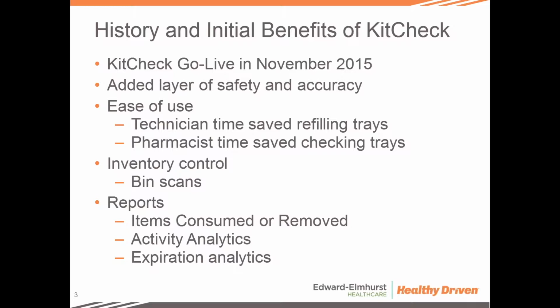Before, to get through our day, the techs would have to memorize what's in the trays, the par levels that are in the trays, and the pharmacists as well, to be able to check the trays properly. Now, if the situation arises, we're able to have a tech float through, or a pharmacist float through the OR and use KitCheck as a guide when refilling the trays. So that's been great. It's saved time, and it's given us a little bit more flexibility as well in terms